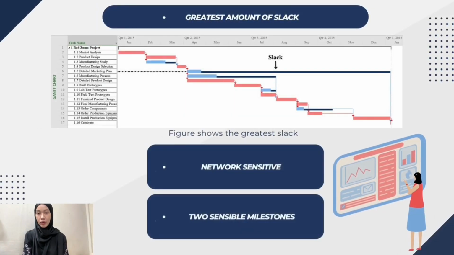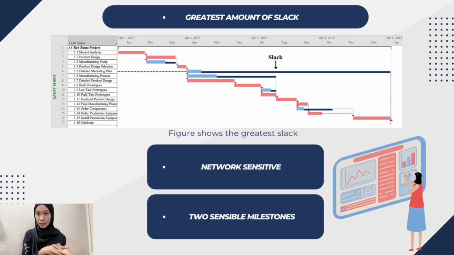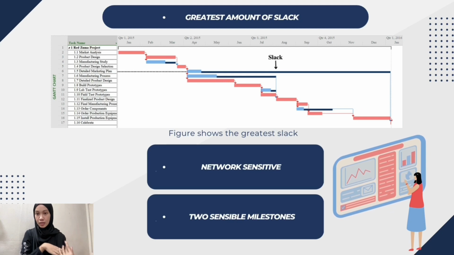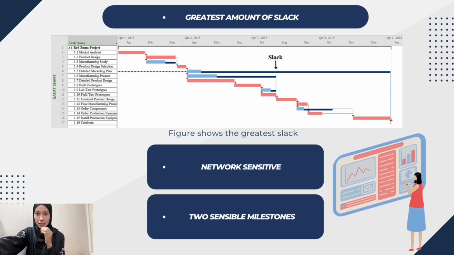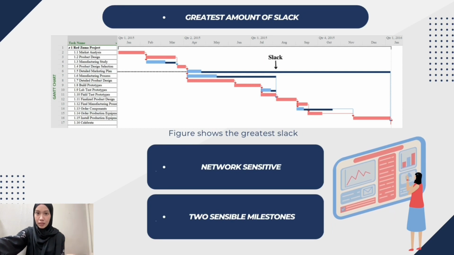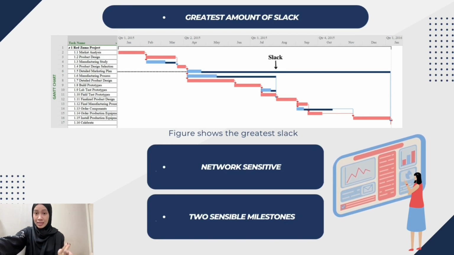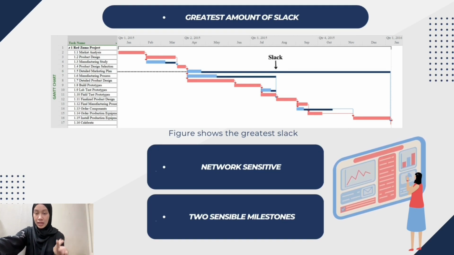After that, the activity with the greatest amount of slack is the detailed marketing plan, which has a total slack of 179 days. The figure below shows the slack of the detailed marketing plan. Sensitivity is defined as the probability of the stability endurance of the critical path during the completion of the project. Thus, the network is less sensitive as it has only one critical path and free slack ranging from 5 days